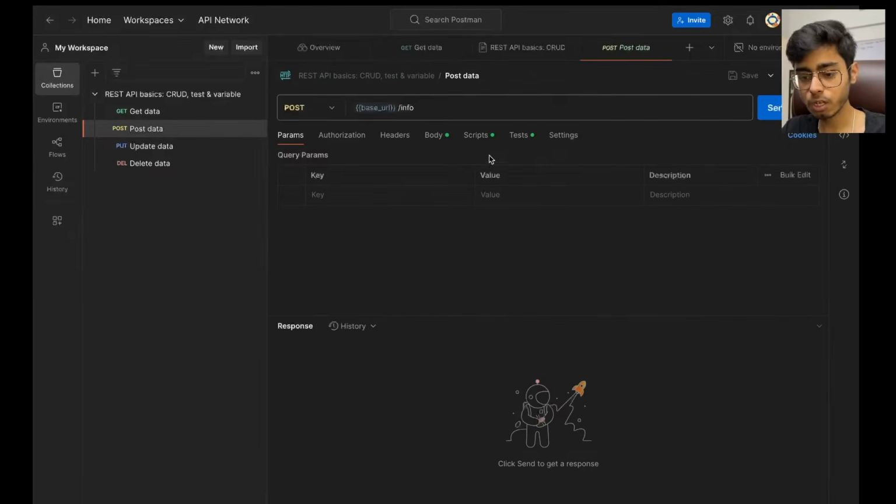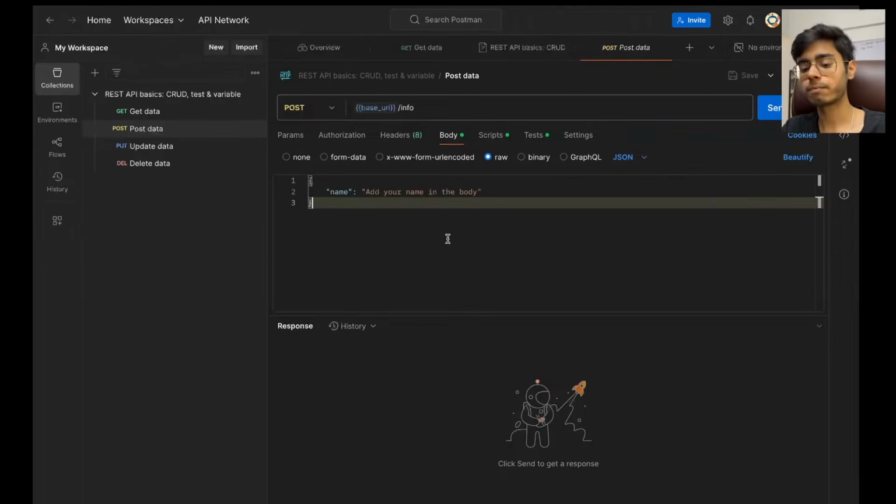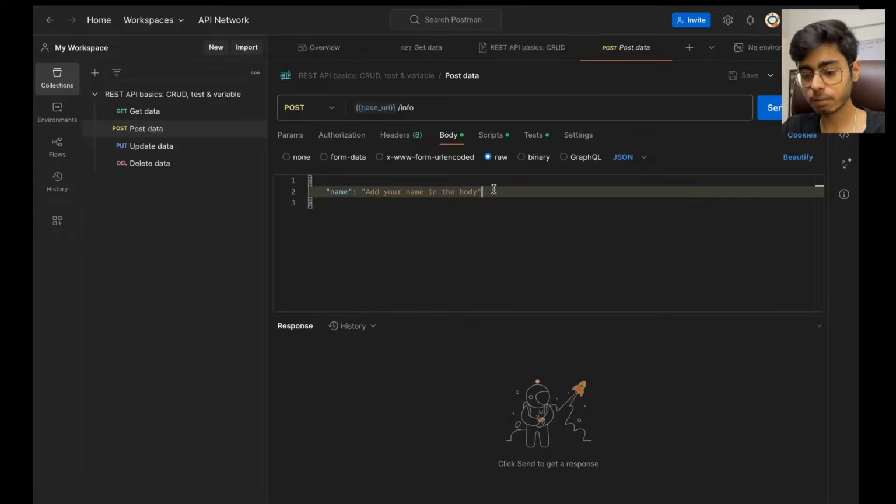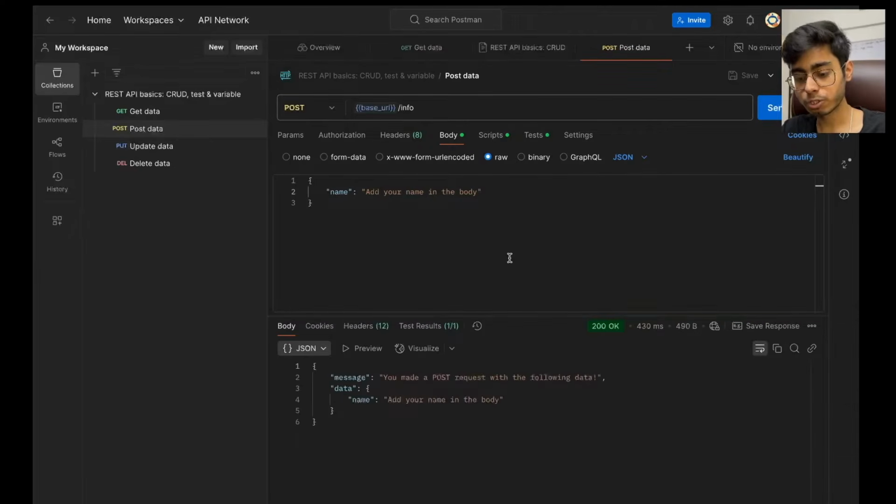Similarly, for the post call, everything is the same. You define your endpoint. You do not define the parameters. You can, but over here mainly we define a post body. In this post body, you can easily define a complete JSON, JavaScript Object Notation, and you can pass the data, and it will make a post call. So you make a post call whenever you need to create something.